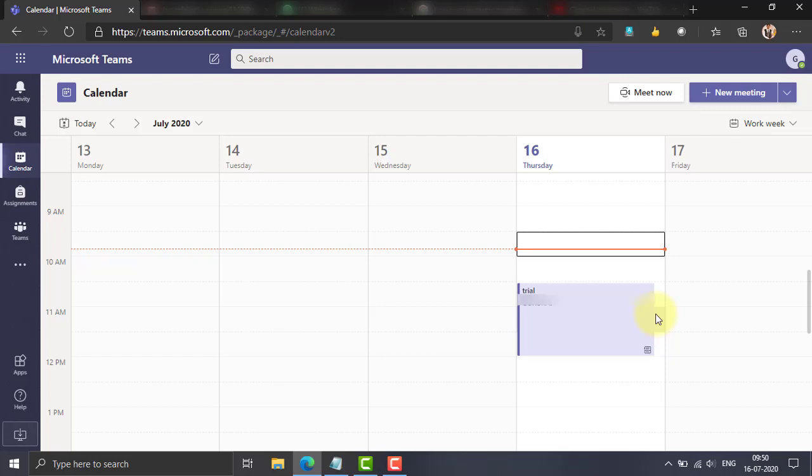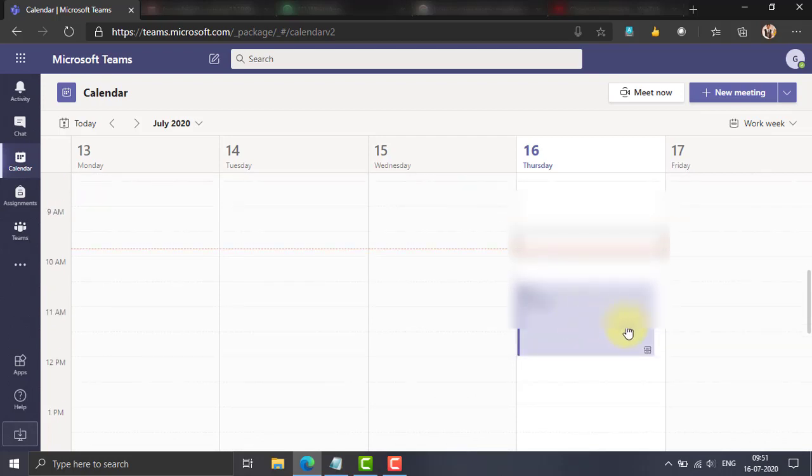calendar entry in their calendar in their account. Whenever the participant goes to the calendar of his account, he will get a new meeting created notification like this. Whatever I am getting now, in the same manner the participant will get the notification. He can just click on this and join the meeting. So this is one more way that you can intimate the participant that you have scheduled a meeting.